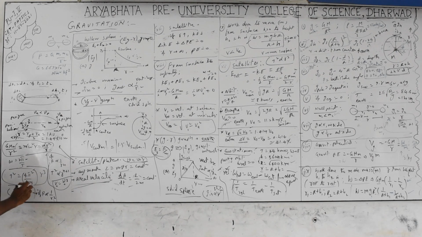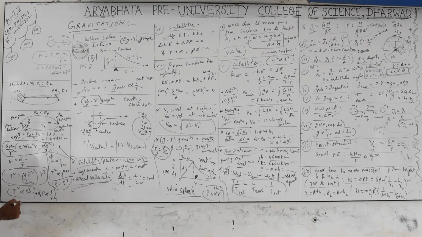This M is the mass of the sun for planets. If you take satellites, then M becomes the mass of the planet. For planets' time period we use the mass of the sun, and for satellites' time period we use the mass of the earth. But this part is constant, so T square is proportional to R cube. This is applicable even for electrons revolving around the nucleus. But the proportionality constant is different, and the centripetal force is provided by the electrostatic force of attraction in the case of electrons revolving around the positively charged nucleus.